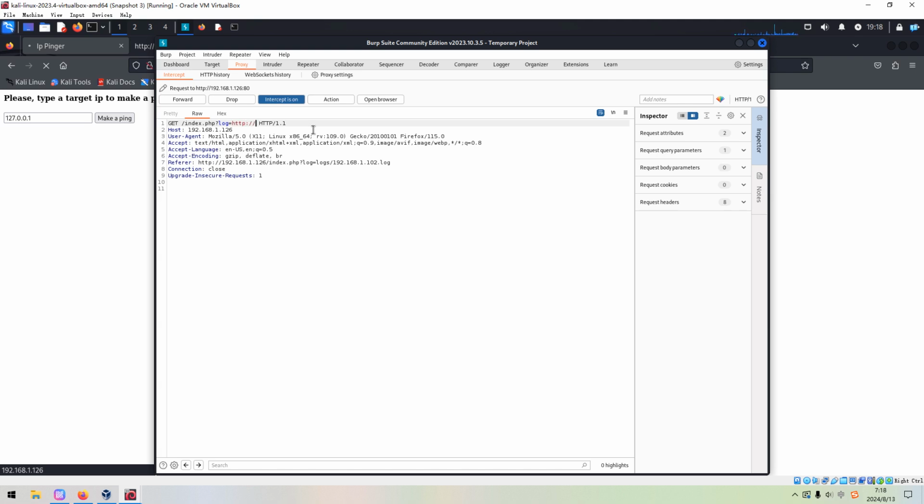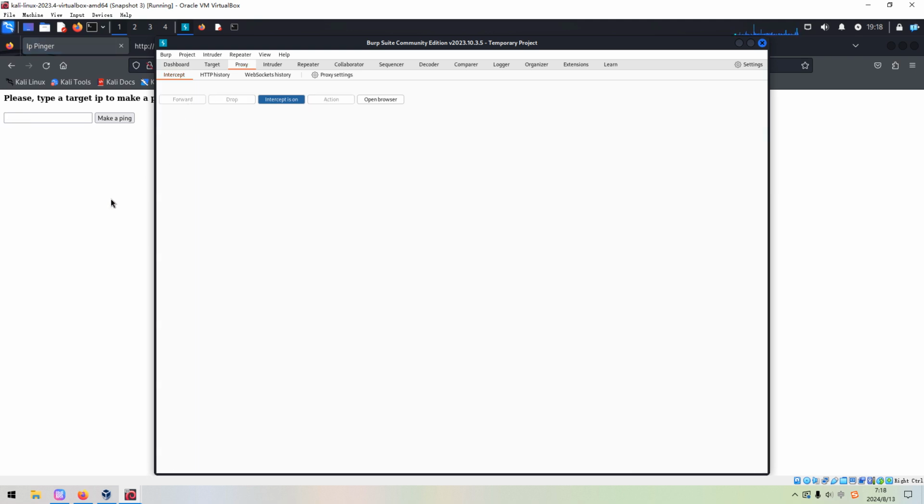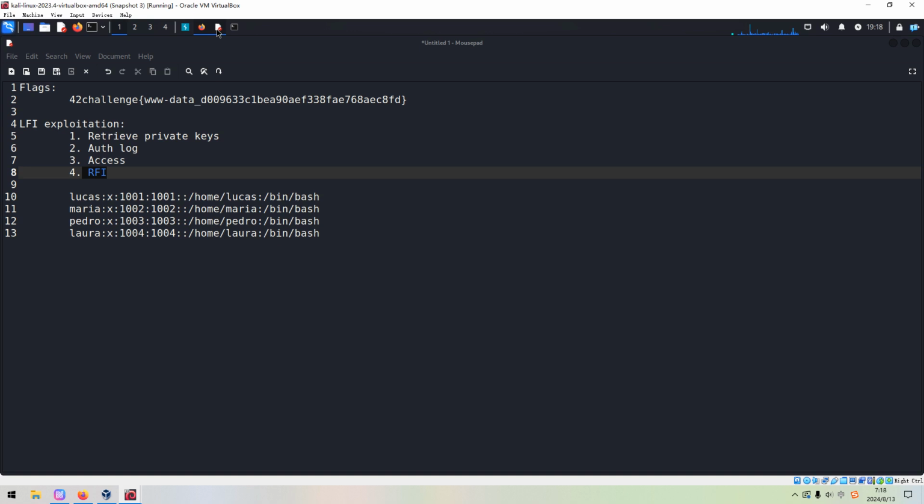HTTP followed by the IP address of the Kali Linux, port number, test. We can forward the request, nothing returned, which means that the target doesn't have a remote file inclusion vulnerability.